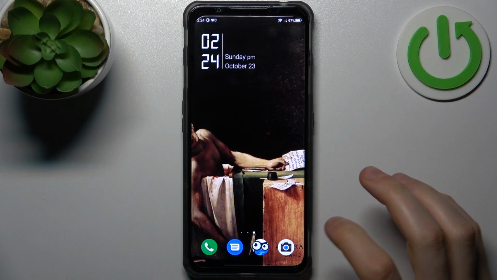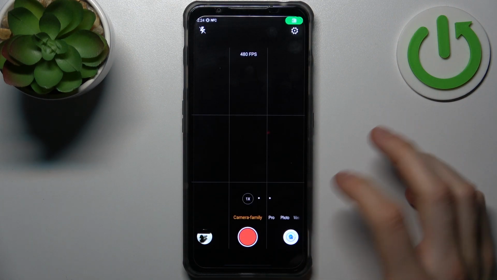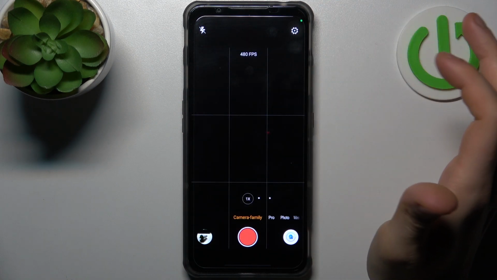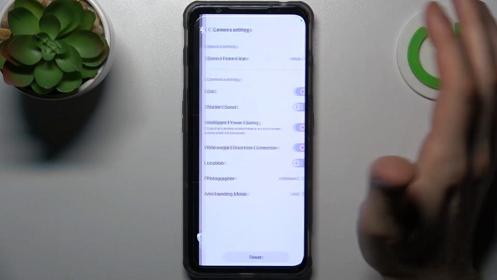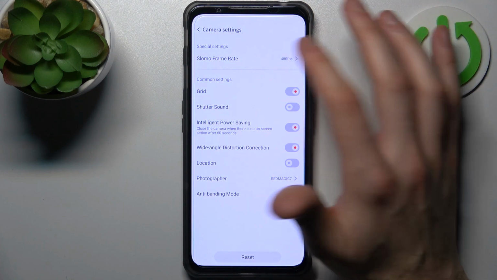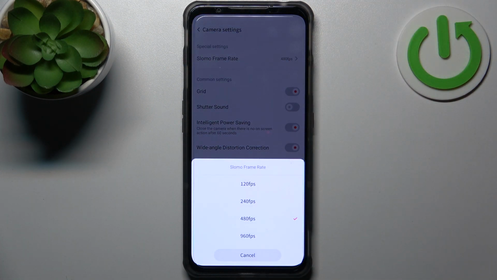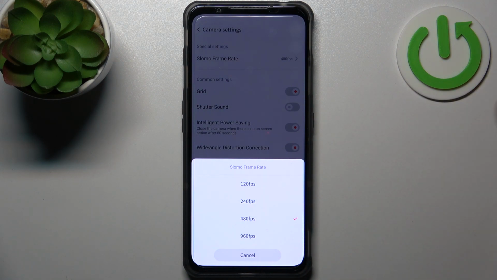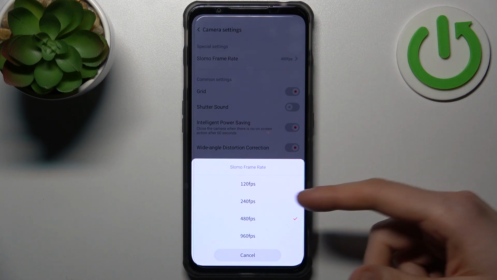So to do this, firstly you have to open camera, then switch to the camera family, select slow motion, then tap on the gear icon to access its settings, and here you can change slow-mo frame rate, which is basically changes its speed actually. So like 120 FPS is like the fastest slow-mo you have, 240 is slightly slower,